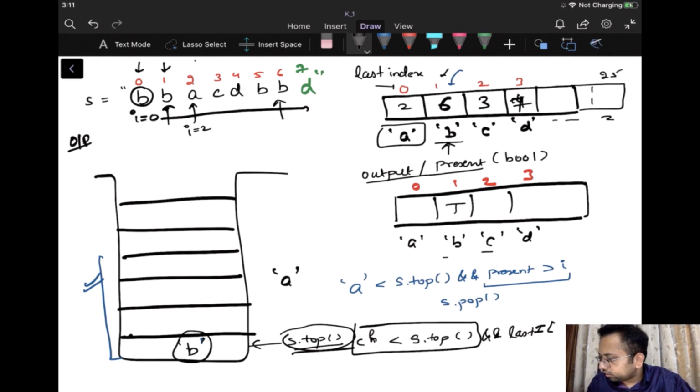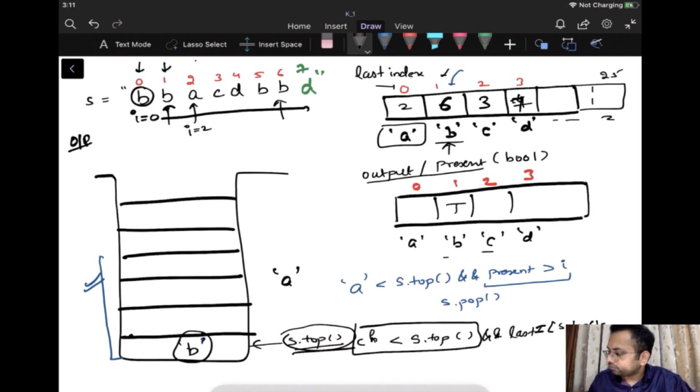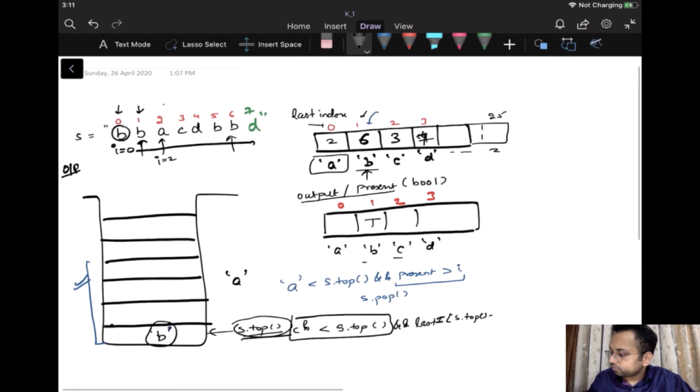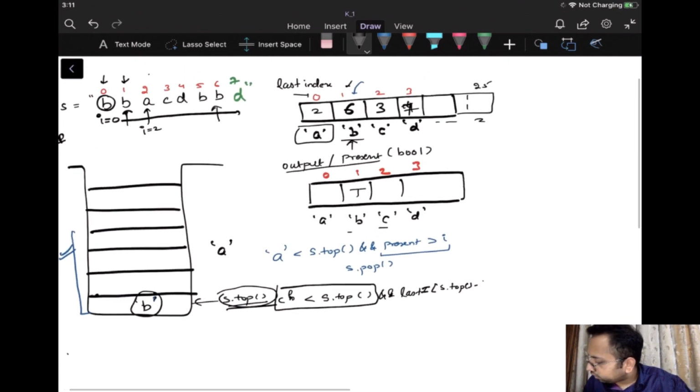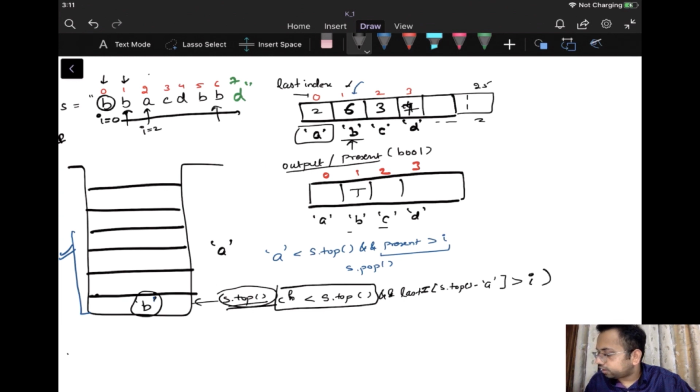I can say that the topmost character is s.top. So the last index of the topmost character, if that index is greater than the current index we are standing on.